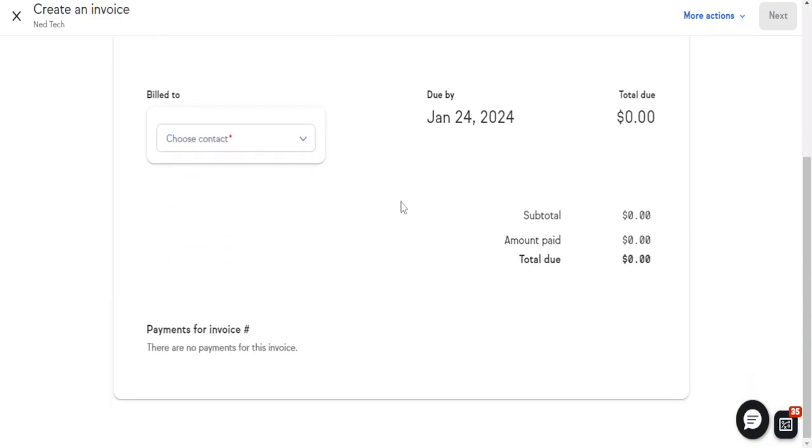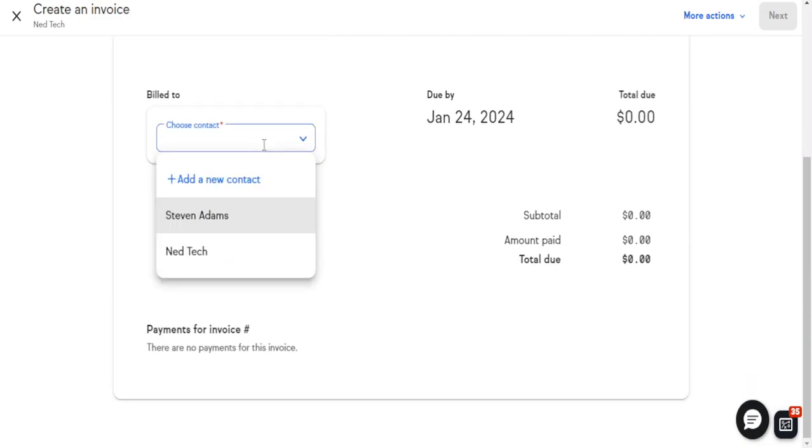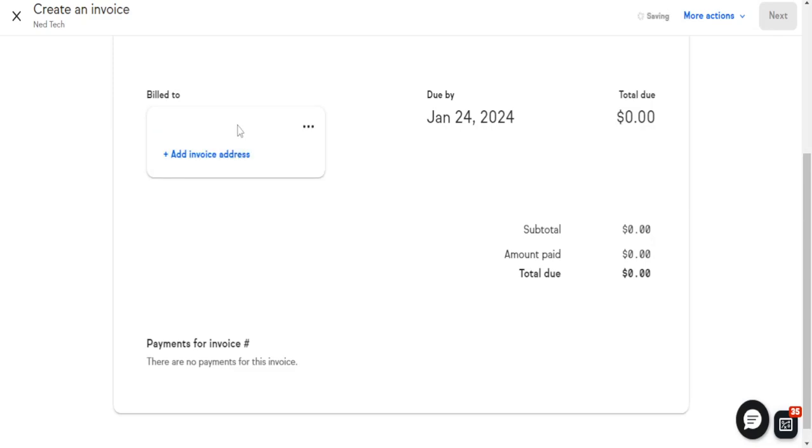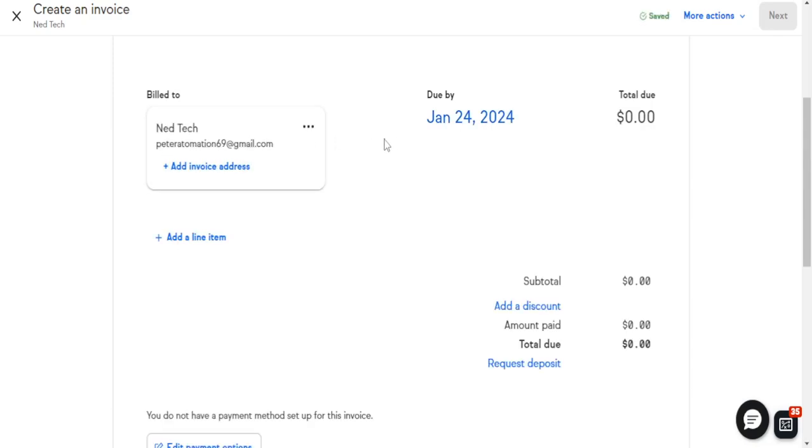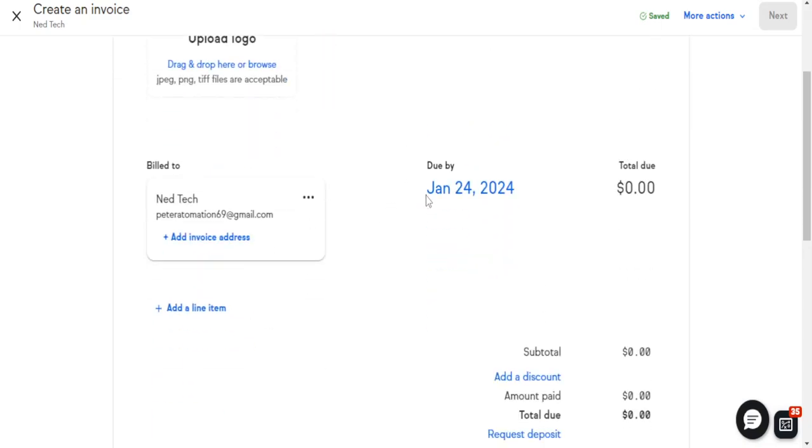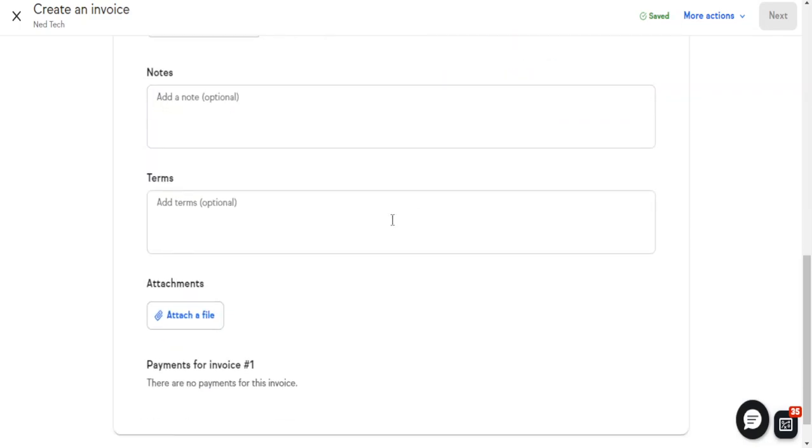So right here we can choose who built us. Let's say that Netek built us. His bill should be due by January 24th, and his total due is,